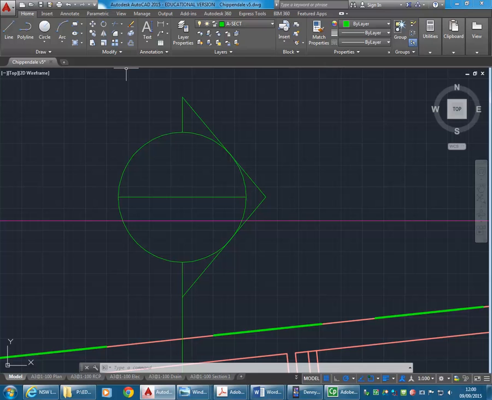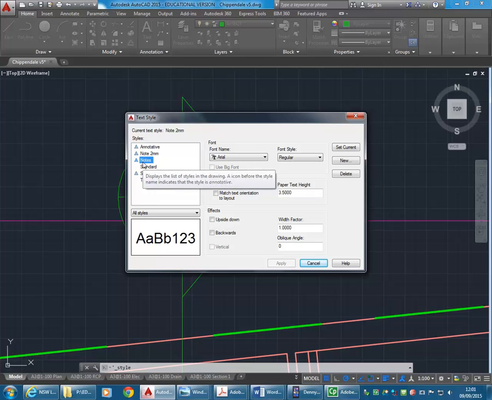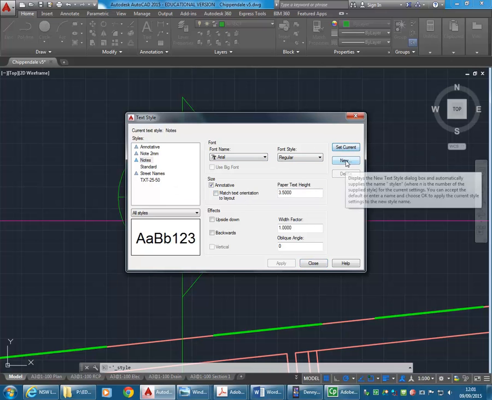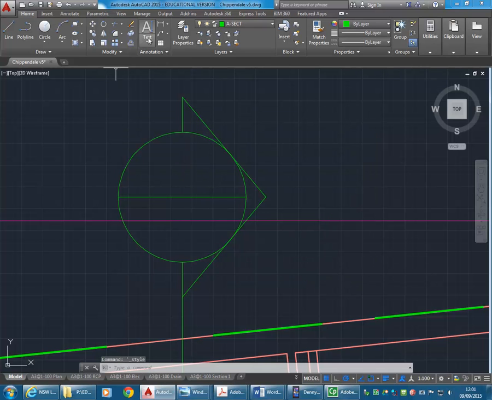And so the text there, I'll just use single line text. Notice I've got the scale set, and I can probably use my other text style, notes, which is 3.5. Might need to be a little smaller, but we'll see. I definitely want to use Arial and not the other one. And oh yeah, so that's fine. And then I'll just see if I go draw single line text,